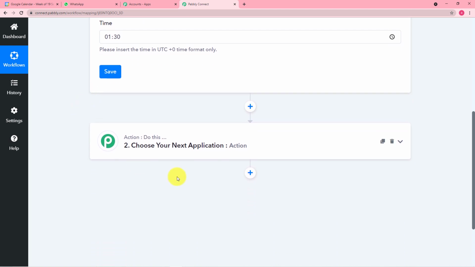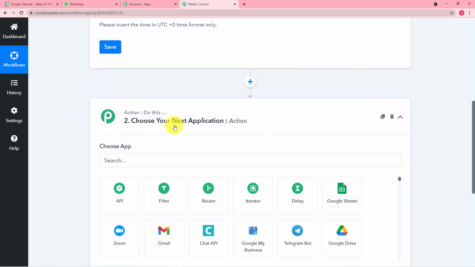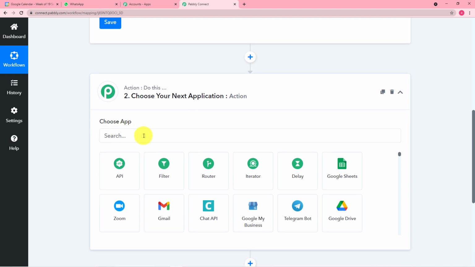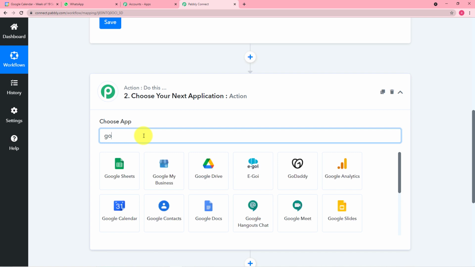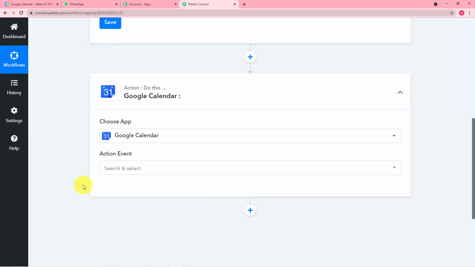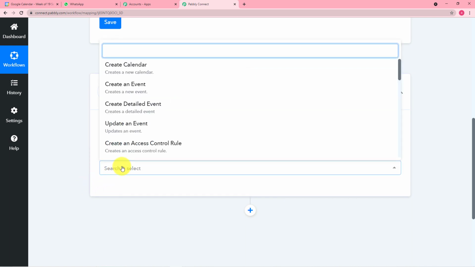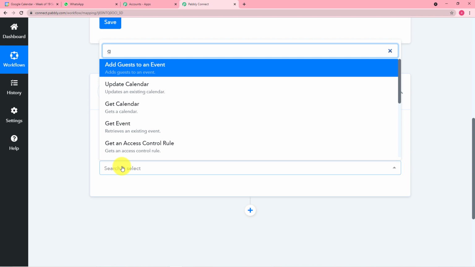Then in the action window, you have to click and execute our first step, which is to connect the Google Calendar. From the choose app, you have to choose Google Calendar. It is here. Then in the action event, you have to select get all events. You'll find get all events like this.